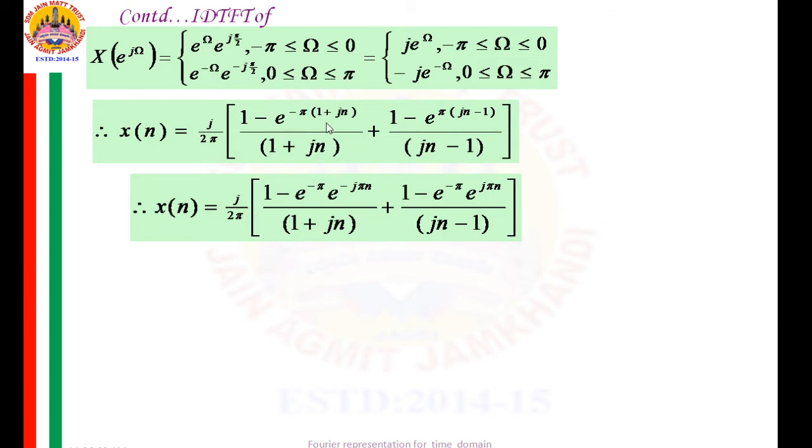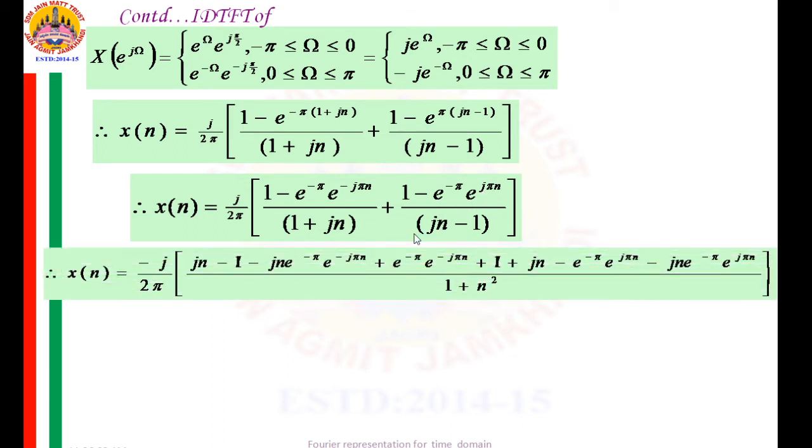So before multiplying, I have split this e raised to minus pi into 1 plus Jn. So let us split that: e raised to minus pi e raised to minus j pi n, and here for this term it is e raised to minus pi into e raised to plus j pi n. Now multiplying and splitting it. So this j by 2 pi, or maybe I have taken this minus wrong,